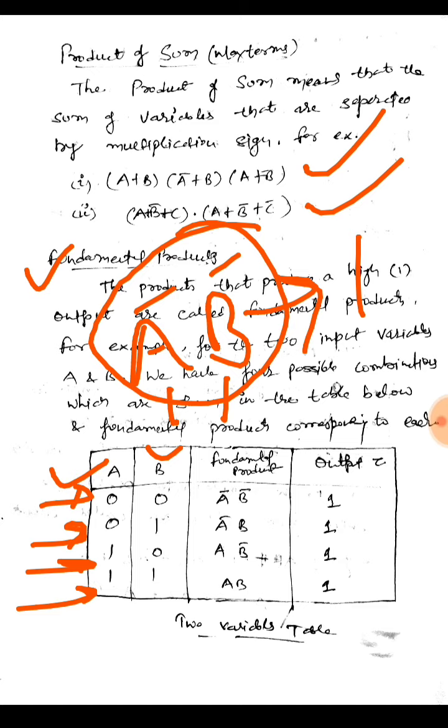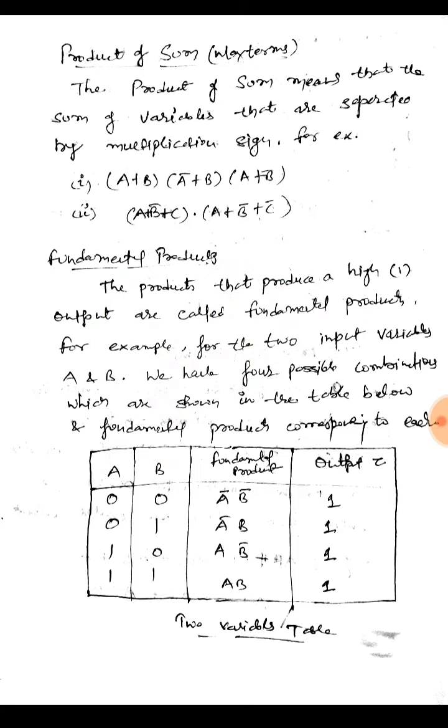We would make the value 1 if there is 1 0, as you can see in the next combination. A is 0 and b is 1. So I need to make a high so that the product of a and b would be high. So I would make a bar and b would remain the same for the second combination. So a bar is 1 and b is already 1, so it would be 1.